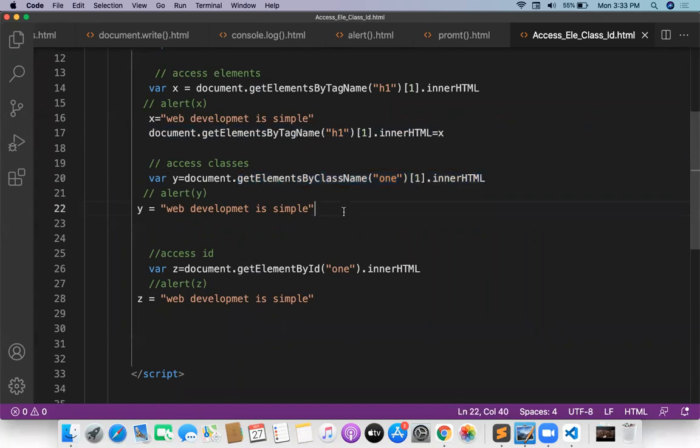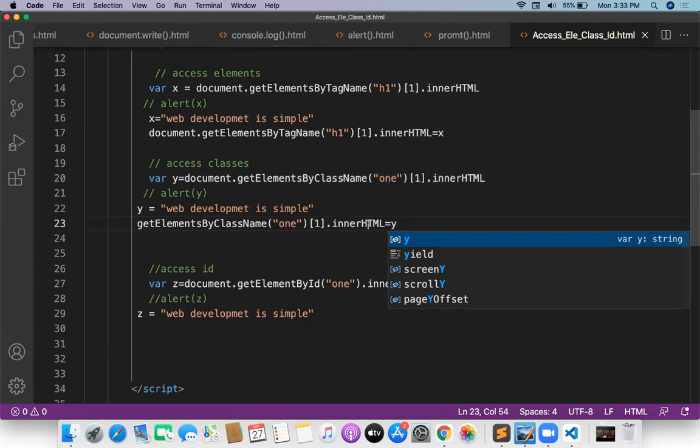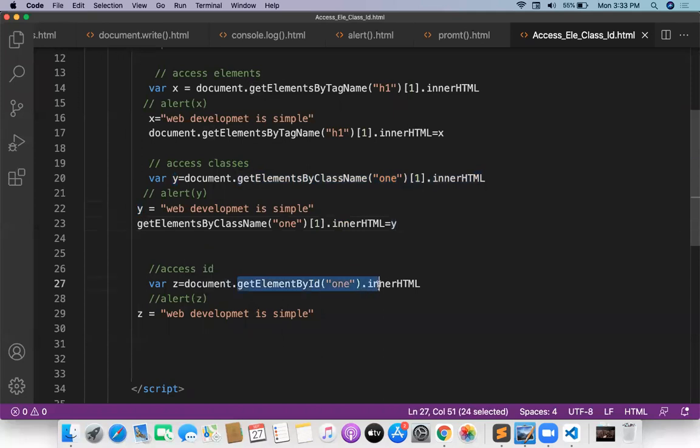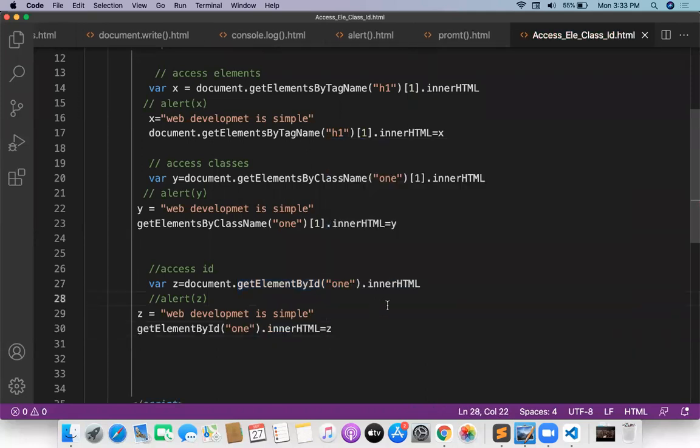Y is going to be stored here. And getElementById inner HTML is going to be stored with the Z. Z is the value which is going to be available.